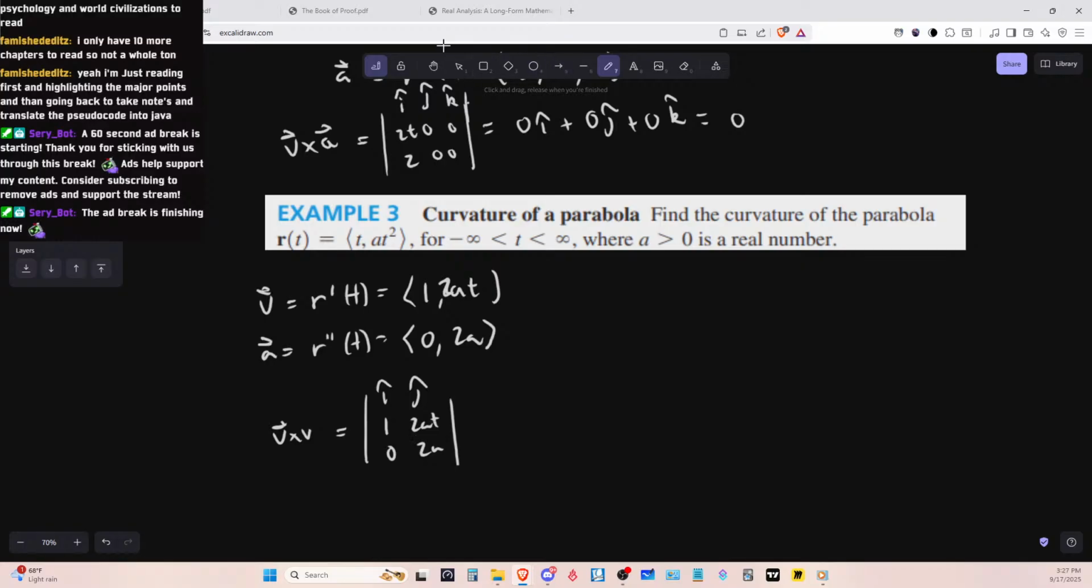Because usually I know the cross product works well with 3-dimensional vectors, but it's not great for everything else. So I think now we can probably do the curvature the old-fashioned way, which is